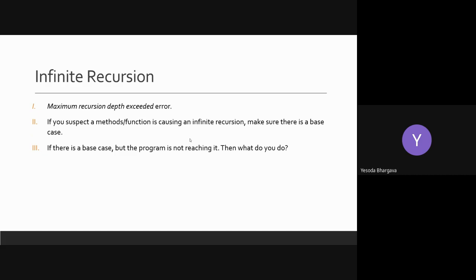One of the errors that you may have come across is the maximum recursion depth exceeded error. In this case, your program is not able to reach the base condition, and using a print statement is quite useful. Infinite looping can also cause our program to terminate or give some sort of fault. In that case, printing is really helpful, and it is one of the simplest and most convenient tools in debugging, because basically what you're doing when you use print is trying to identify the flow of your code.